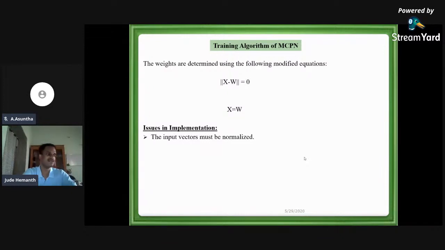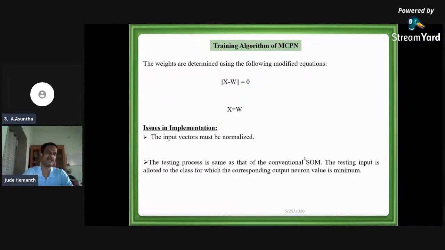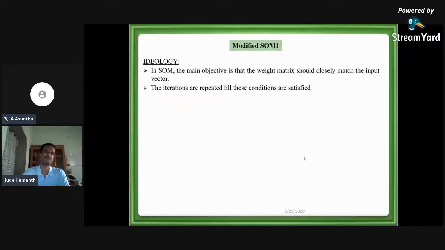The first one is my features have very huge numbers, but when you go for weight, it should be only between 0 and 1. So I am going to normalize my data and bring it into the range of 0 to 1. Once I bring my data x into the range of 0 to 1, I can very well assign it to my weights. Now, after assigning that, I will go for my testing process. What is the testing process? It is the same as my conventional SOM, but without any iteration. I just take my weights and substitute them there. I will show that once.